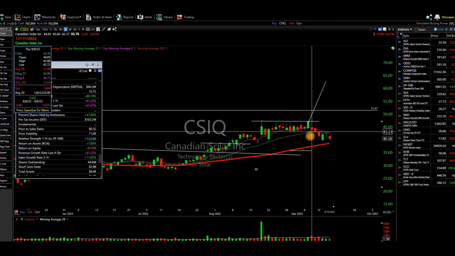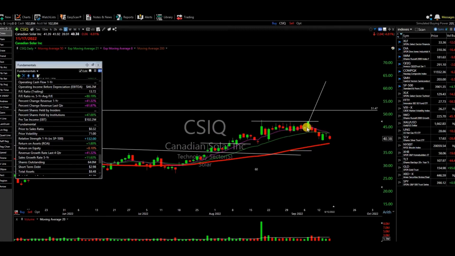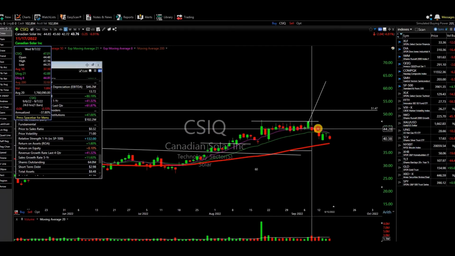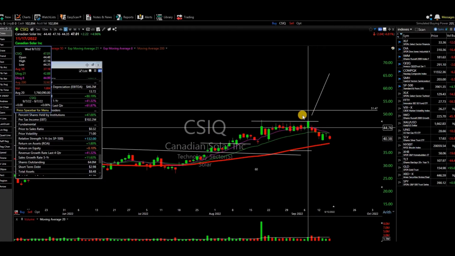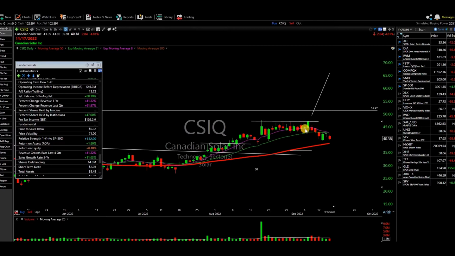So the next day when I saw this candle over here, I'm like, okay, that's not good. It's already taking out the low of the candle that I made my decision on. So basically, you want to look at it this way: if we buy it here, and a stock is going to act strong, you don't want to see it taking out the low of the day you bought it.